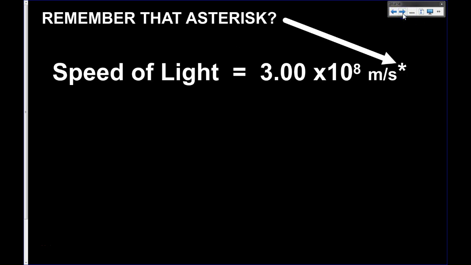The second thing I want to recap is that idea of the speed of light. And remember I said there was an asterisk there, and we're going to talk about that asterisk right now. You've all been told that the speed of light is constant, it's the ultimate speed limit of the universe, Einstein is amazing, and so on and so forth. But there's a little dirty truth that we haven't actually told you, and that has to do with that asterisk. And what that asterisk means is the speed of light is only the speed of light in a vacuum